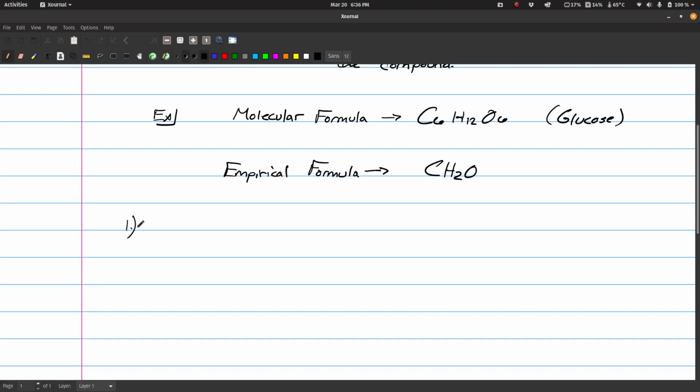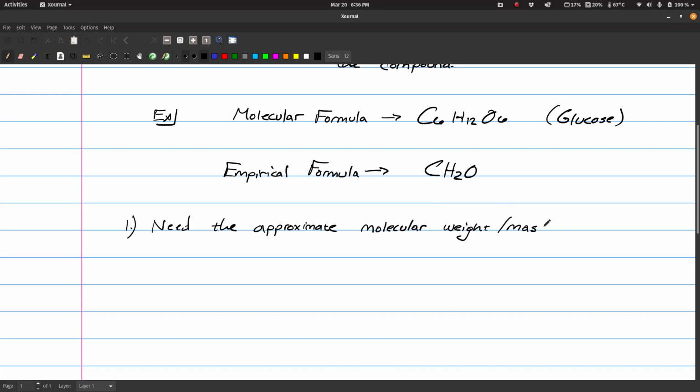So we need the approximate molecular weight